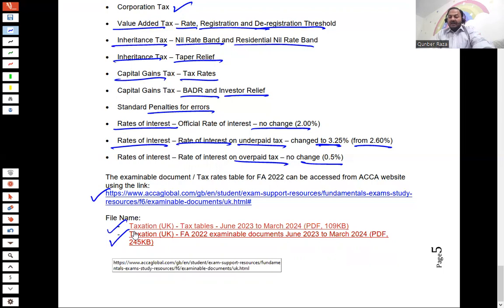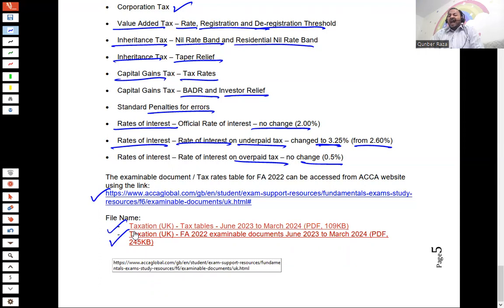Just want to share one last thing from my side. At times, I have been asked by so many students, so many of my colleagues, so many of my ACCA students, whether it is really necessary to buy a new exam kit, a new textbook for this Finance Act. The answer is, preferably, yes, you should buy the new exam kit and new book. But if someone has any difficulty in accessing the book, be it in soft copy or hard copy, or has other issues, for example financial issues, and is not able to arrange the book or kit, then as a last option,